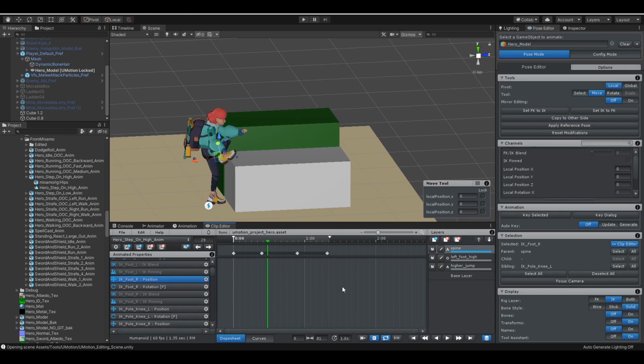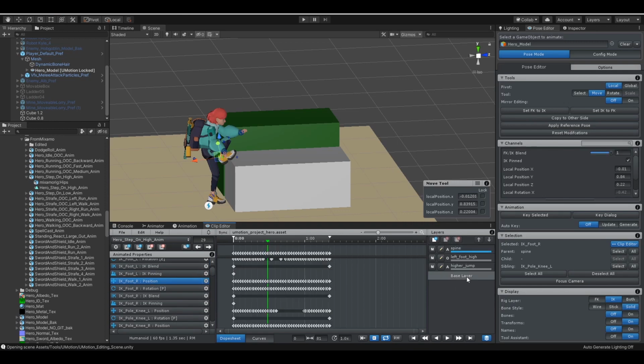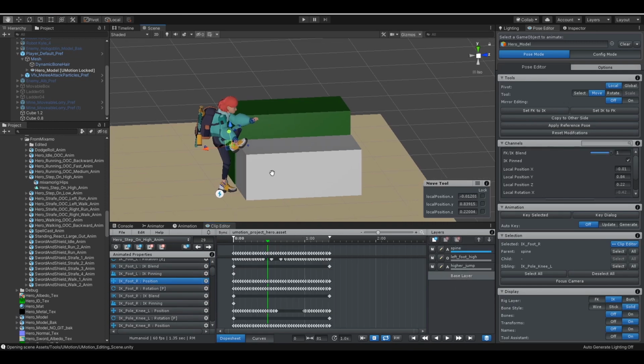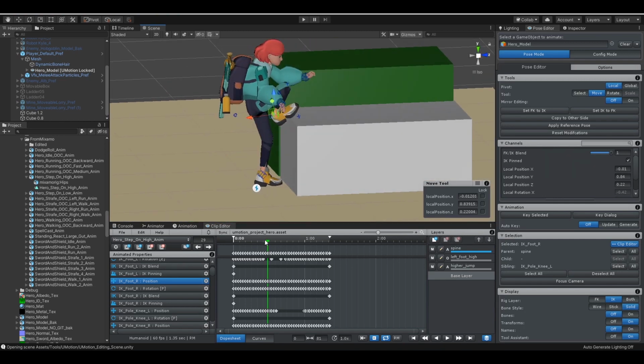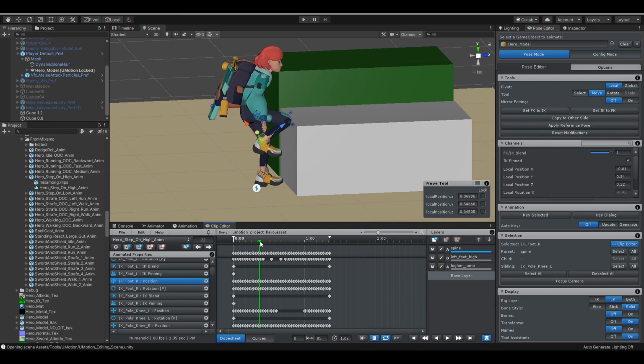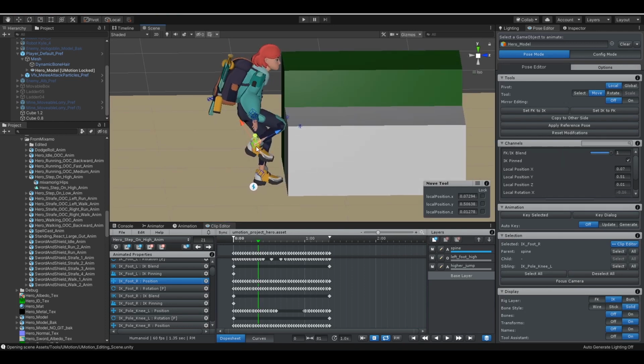So it's the right IK foot position. We could try to do this with another additive layer. What we want to do, I suppose, is just make sure we could either manipulate the Z coordinates of that IK target, because